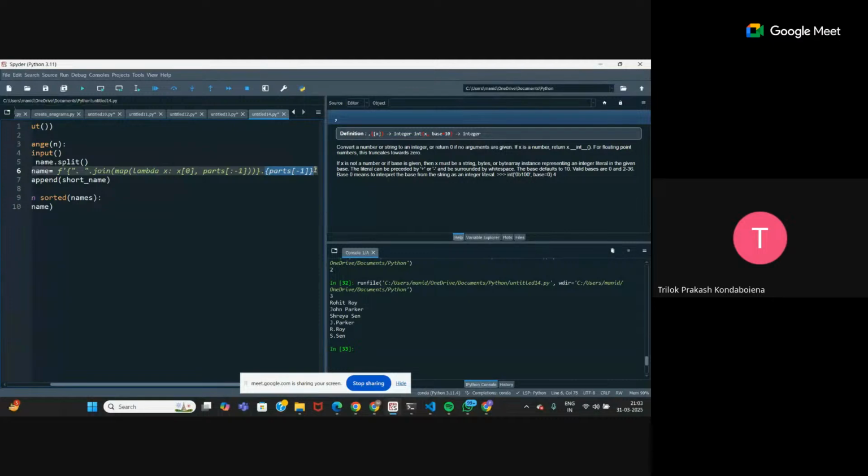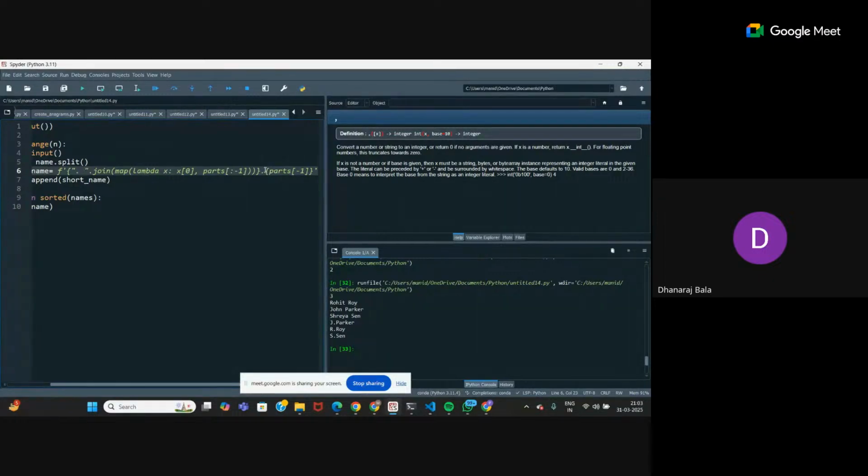Correct, ma'am. But before that, there's a dot, right? That dot is for the last initial, right? That's my question. What is that dot there? This is to join the last name with the rest of the initials. After every initial, this dot space will come. And then after that is done, you also have to join it with the last name, so this dot is for that. If there is only one name, then the dot won't come. That is the beauty of this, I think.